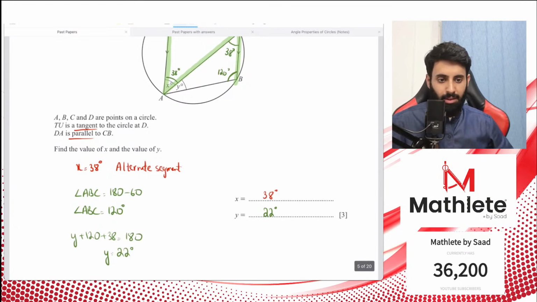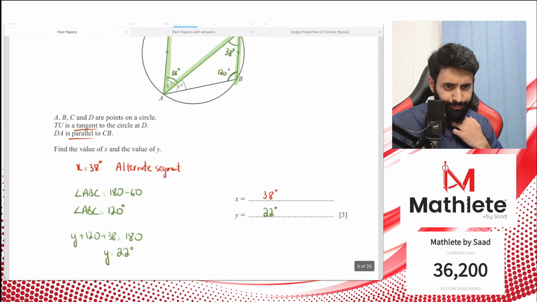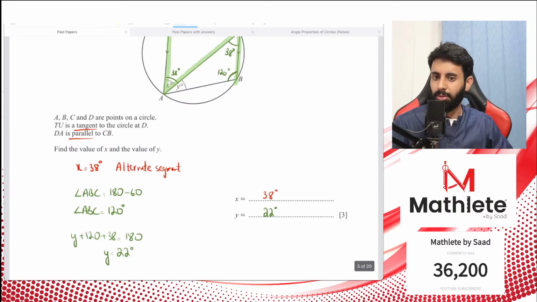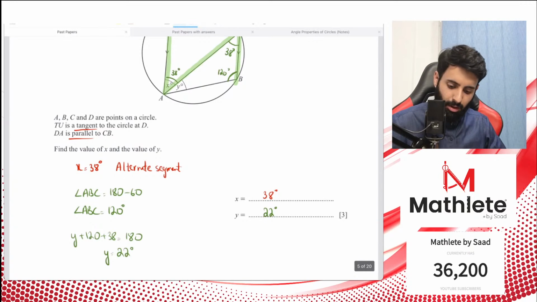Opposite angles, yep, Abdullah, that's correct. And yes, Tessin, that's correct, 22 degrees. All right, now